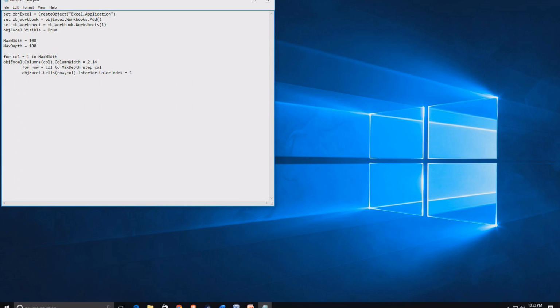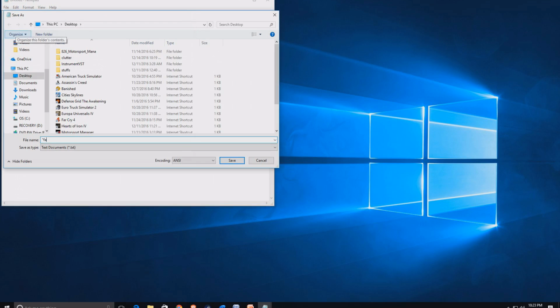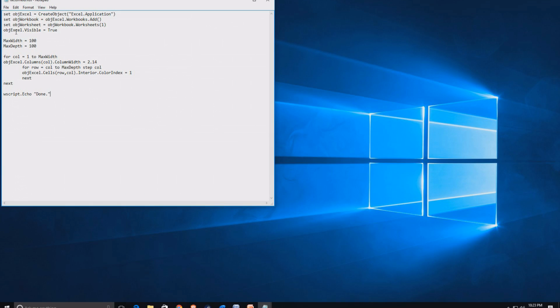And what we'll do is just change the background color here. And we'll set that to 1, which is equivalent to black. And then we're done with our 2 loops, and we'll just make it tell us that it's done when it's finished at this point. So the final step is we need to save this as a script, not a text file, and scripts have to end in .vbs, and so when we go to save it, we have to put it in quotes and just save this as factor field.vbs, end quote,